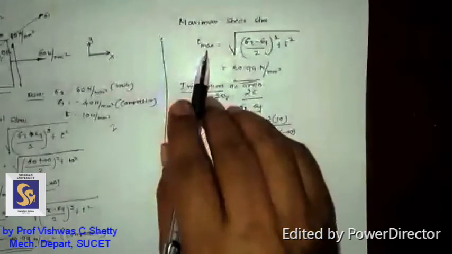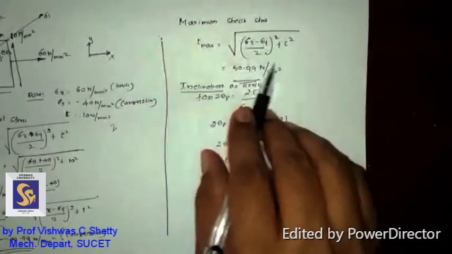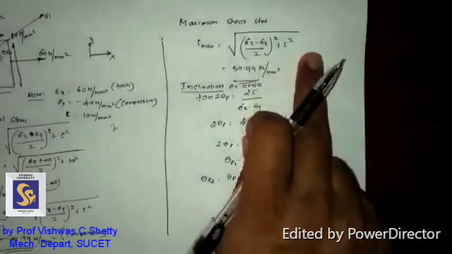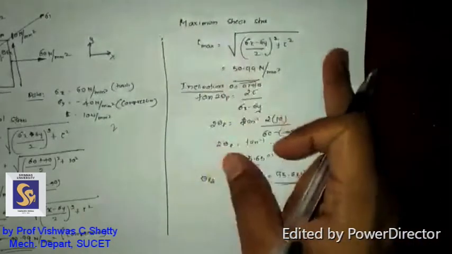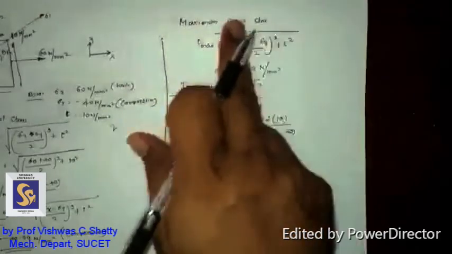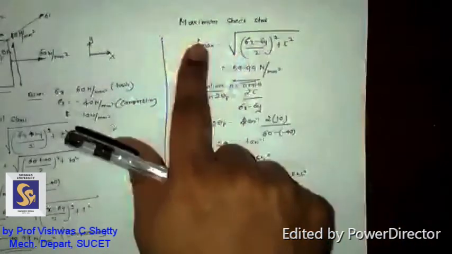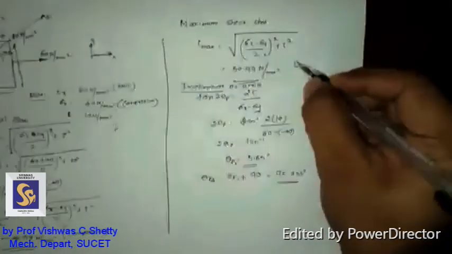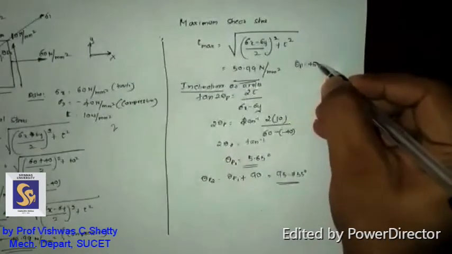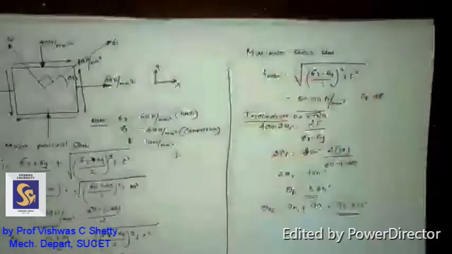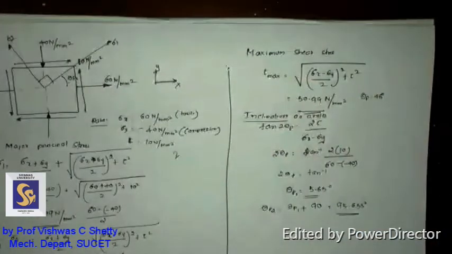Maximum shear stress means automatically the angle theta p will be 45 degrees, that you know, right? So automatically when you take theta p as 45 degrees, you will get the maximum shear stress. No need to mention it again, because it's understood that theta p here will be 45 degrees. At this angle, you'll get the maximum shear. Always it is the same.